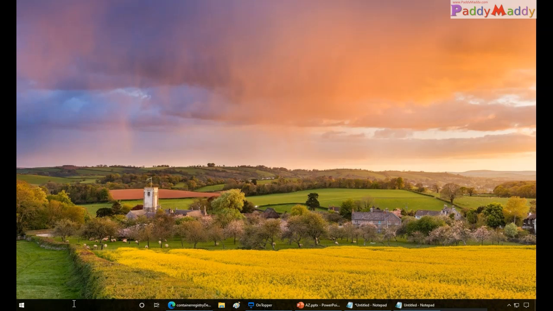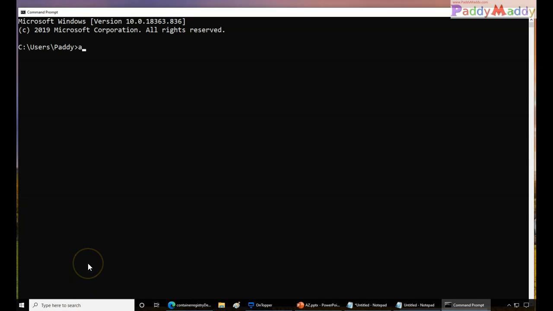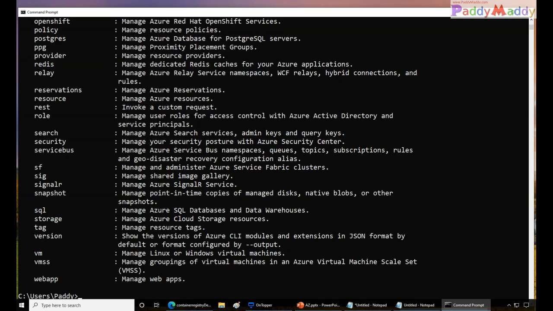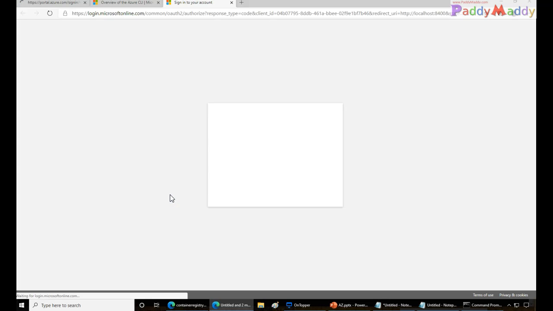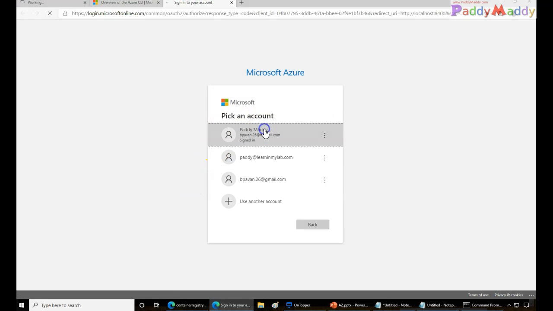Hi, welcome back. I'm going to log in with Azure CLI. If you don't have the CLI installed, you should be able to install it. Then I'm using the az login command to simply log onto my Azure account so that I can run the